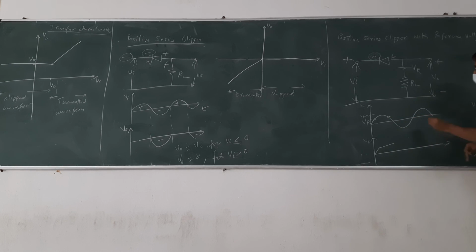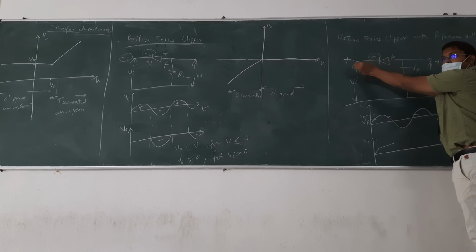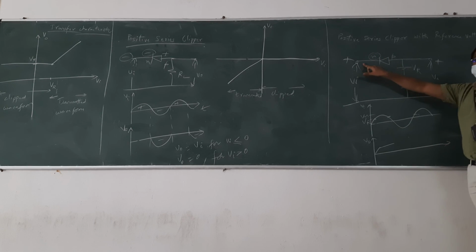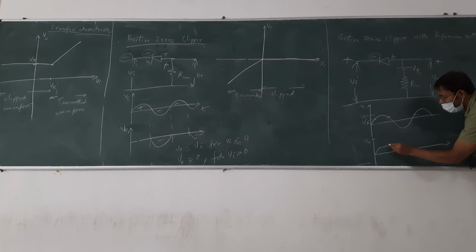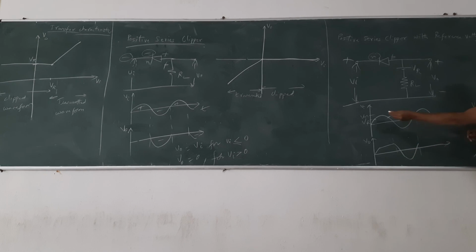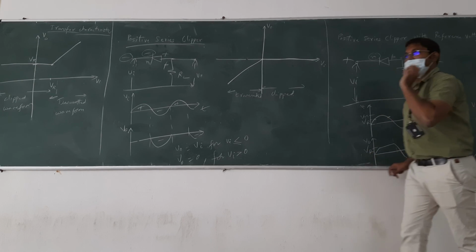Next, from here to here, the input is less than VR. So the input is low. So the diode is on. On means direct connection. Whatever the input is, the same is the output. So we will get like this, right? And this also we have just analyzed with the same logic, so we'll get like this. This one will be VR, right?